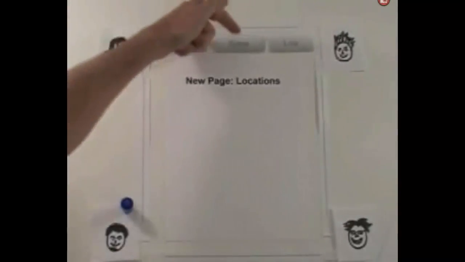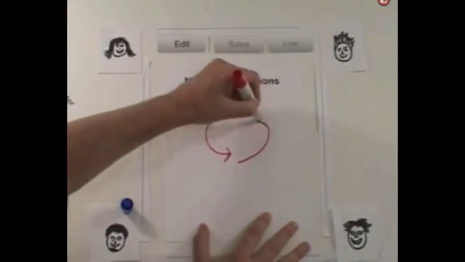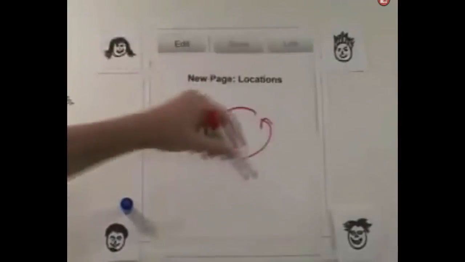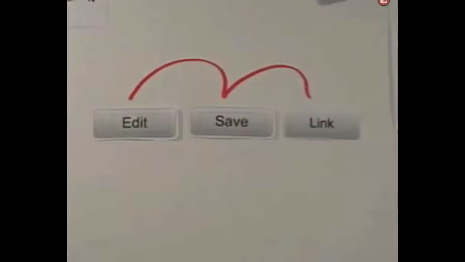This new page enables the group to use the same edit, write, save process to coordinate locations. This process can be repeated over and over. These three buttons, edit, save, and link, make it possible to organize a great camping trip or create the world's